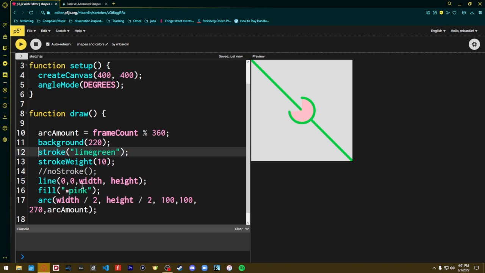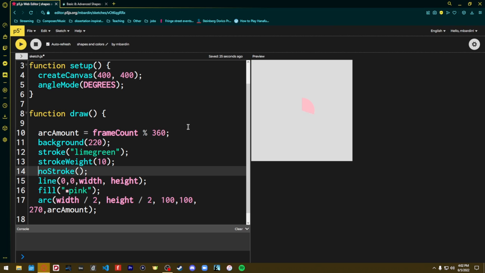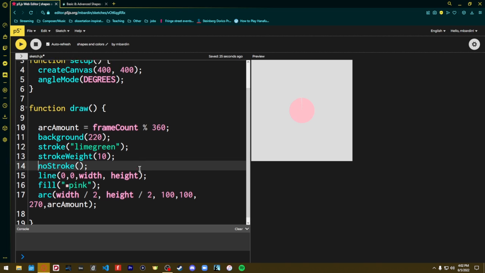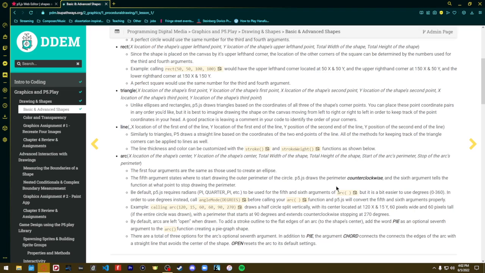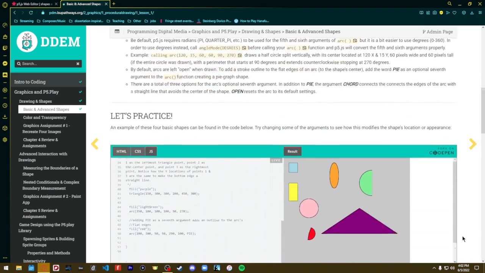And again, my students generally get confused with this, at least at first, because for all the other shapes we use fill, but for the line we use the stroke functions. And again, if you have no stroke, it cancels everything out after, because it gets rid of the lines, and that's there. The next thing